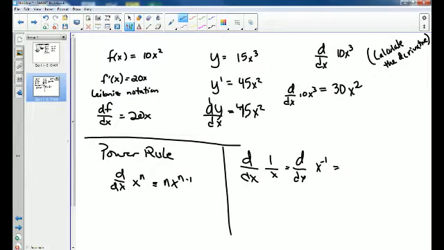Got it. Here in about a week, there's a temptation for people to call this a quotient, a division problem, and use the quotient rule. You get the same answer, but this is a lot easier. So what would this be? -1 x to the